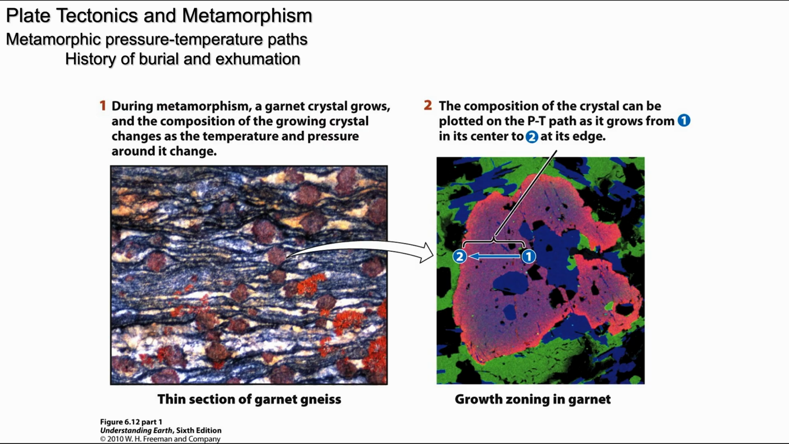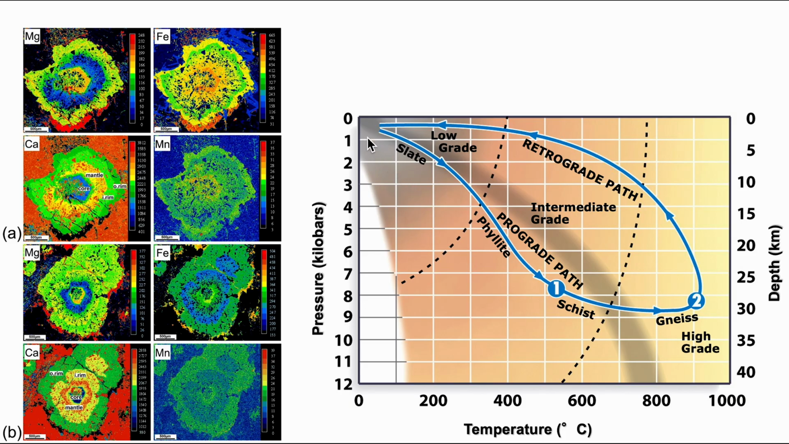So we can use this zoning of a single crystal to reconstruct the history of that block of rock. So this is known as prograde and retrograde paths. Here in this diagram, we start out with a slate. We're going to force that slate down the subduction zone, increasing temperature and pressure, turning it into phyllite, schist, a gneiss,